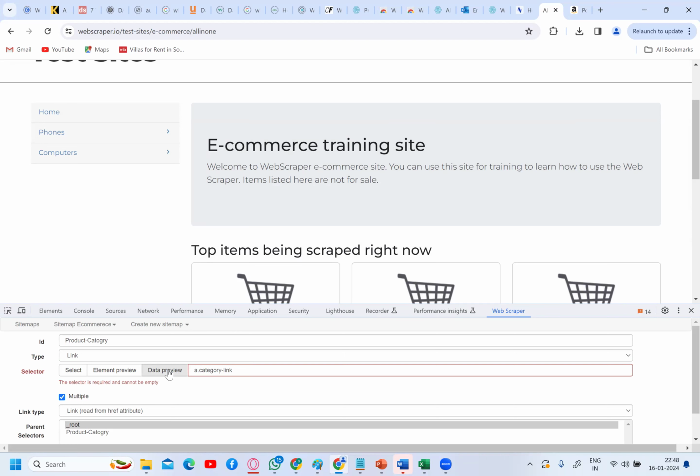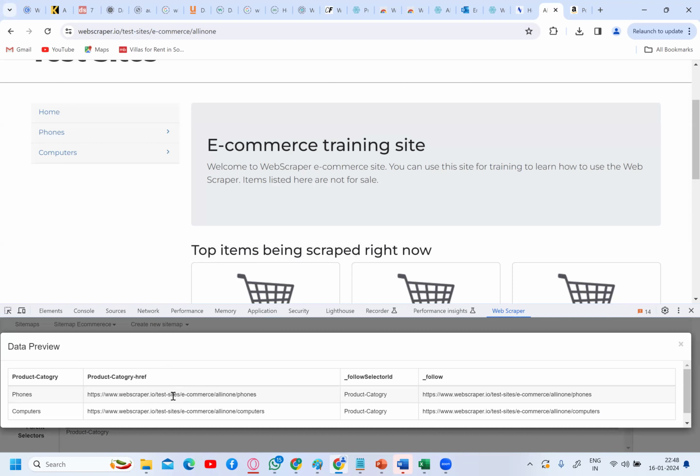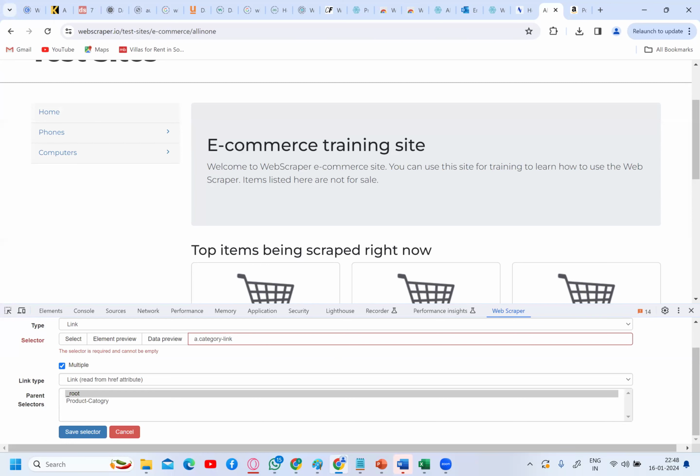How can you analyze that you are in the right path? Click on data preview. See here, it is extracting the data. This tool is extracting the data. What data? See, product categories, it has extracted. The pages, it has extracted the links of the product. It is able to identify, okay, these are the links of the product category. Yes or no? If you are not getting the data, you're doing something wrong. Okay. Fine. So now just scroll down,